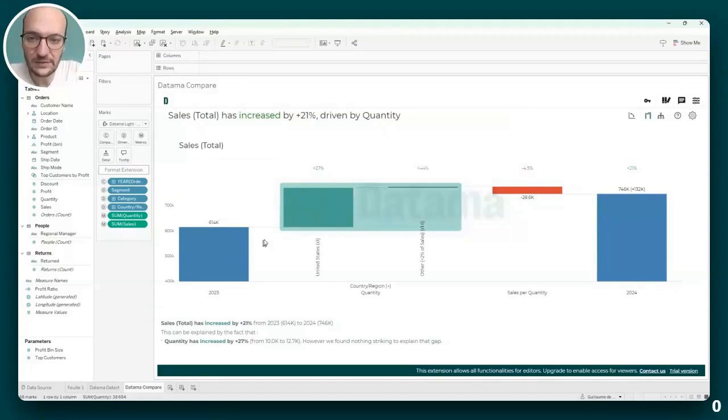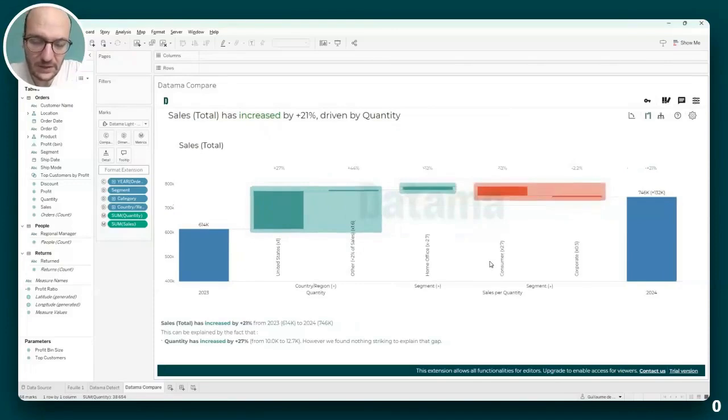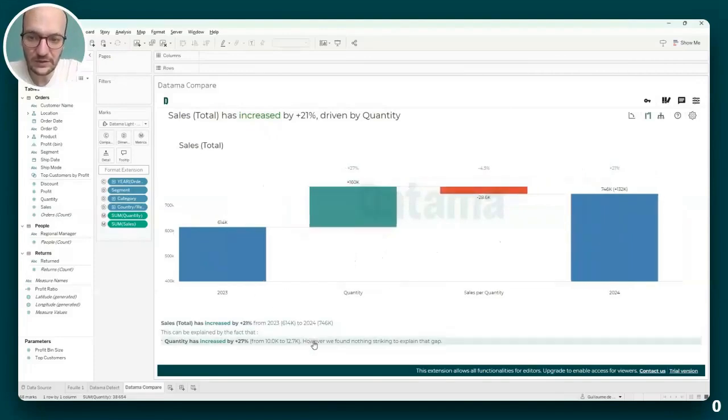You will realize that everything is driven by the US, but the US is also the core of your business, and that is not very interesting. Datama is also capable of isolating, when it is relevant, what is called a mix effect, that is to say, for example, an average price that would decrease because we sold more of a cheap product, and Datama will help you structure comments that you can edit,